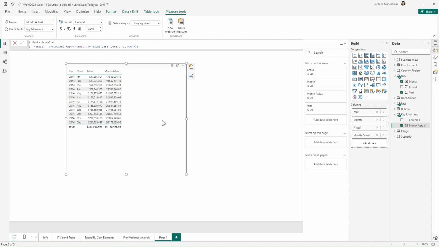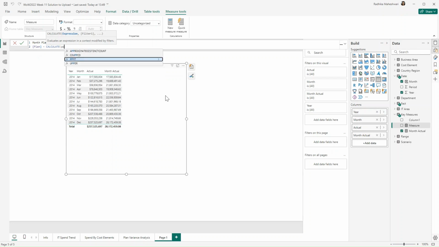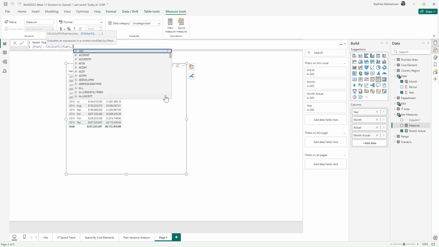I hope you have now got the idea of why we are not using previous month and we have to use date add in this scenario. I'm going to do the same for month plan as well. So creating a new measure, I'll call this month plan. That will be equal to plan minus calculate plan from the table, and then we'll do date add.